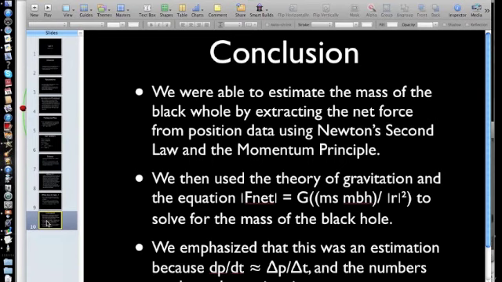In conclusion, we are able to estimate the mass of the black hole by extracting the net force from position data using Newton's second law and the momentum principle. We then use the theory of gravitation and the equation F-net equals G times mass of the star times mass of the black hole divided by the position between the two squared, to solve for the mass of the black hole. We emphasize that this is an estimation because dp over dt is an estimation of the change in momentum over the change in time, and the